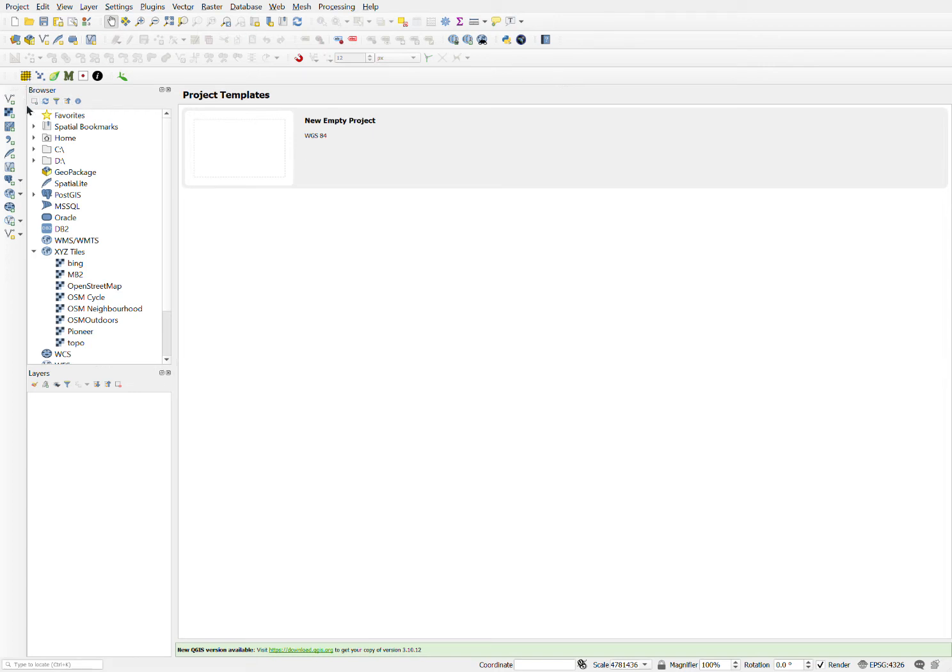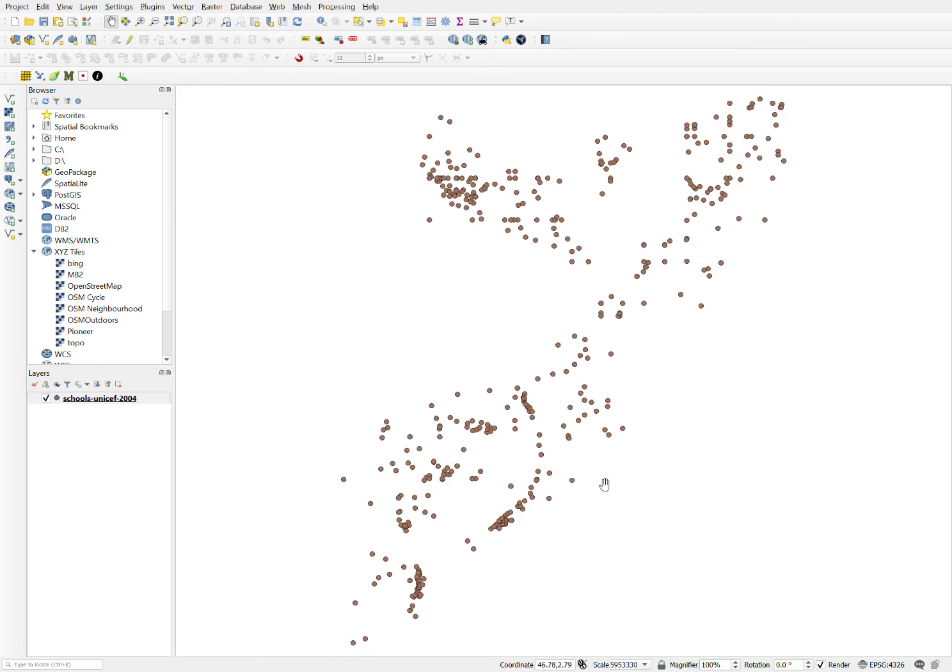So the quickest way to do that on the left hand side is to click on this top icon, and again you will be going through this in detail later. We'll bring in a vector layer, and the one we'll bring in is some information about schools from Somalia in 2004. So it's an old data set, but it's one of the newest data sets on HDX,